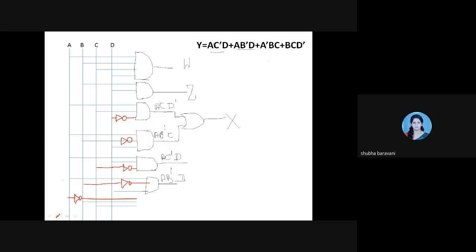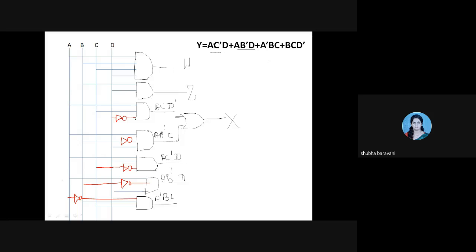This is A bar. AND gate, you get A bar B C.